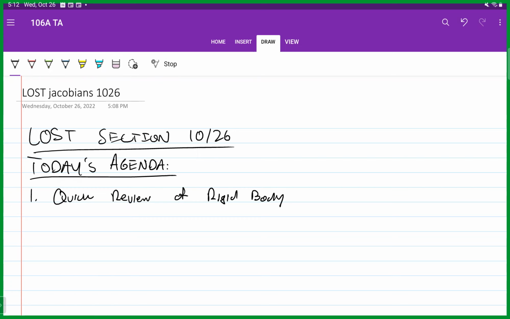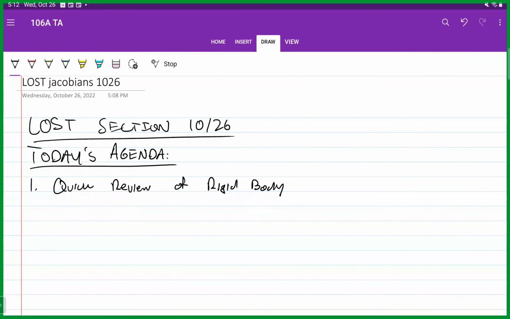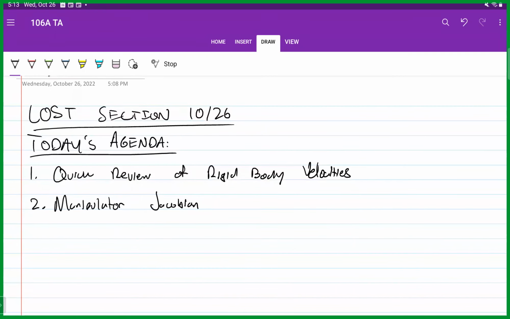Okay, so we were just going to start with a quick review of rigid body velocities, just because those are an important part of Jacobians. They come out a lot. Then following that, we were going to start to talk about the manipulator Jacobian: what it is, where it comes from, and why we really care about it in robotics, why it's important. And then following that, we were going to talk about singularities